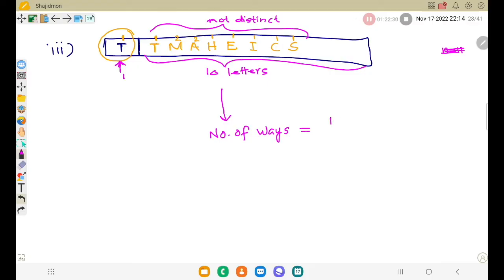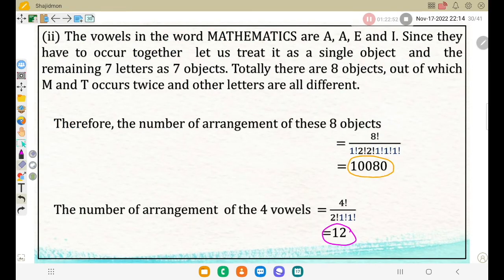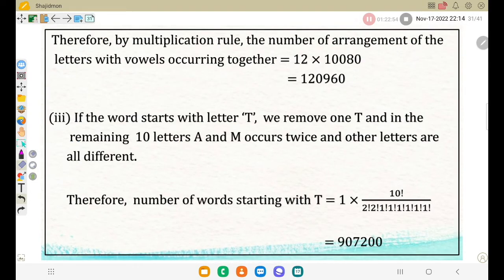So how many letters? 10. So 10 factorial divided by, correct, which are the repeating only, right? M repeating 2 times, 2 factorial. A repeating 2 times, 2 factorial. And all others are 1, no need to write. So 10 factorial divided by 2 factorial multiplied by 2 factorial. You can check what answer you are getting. You will get this number,